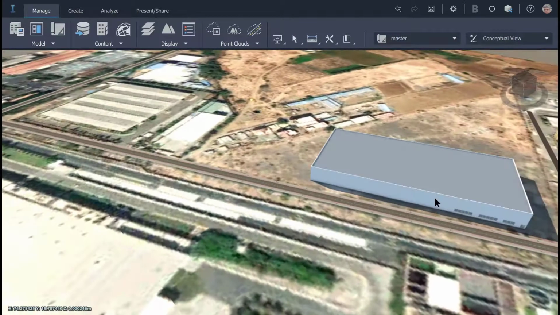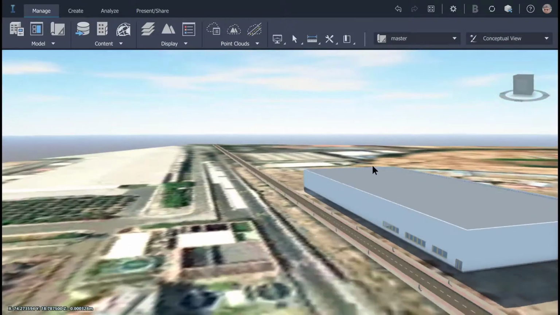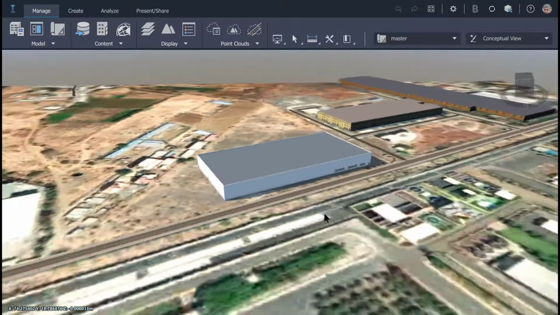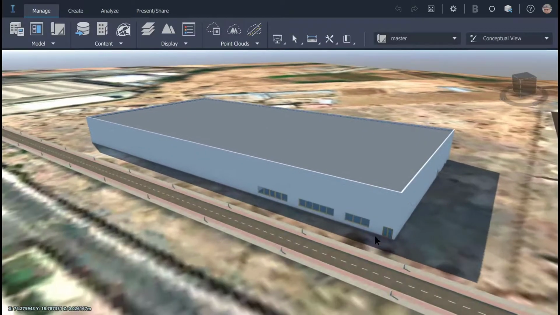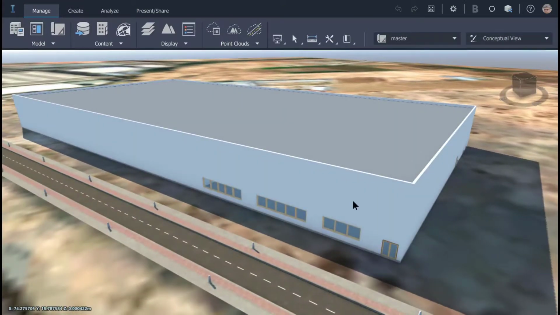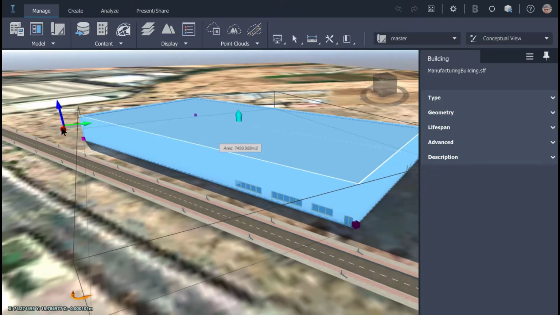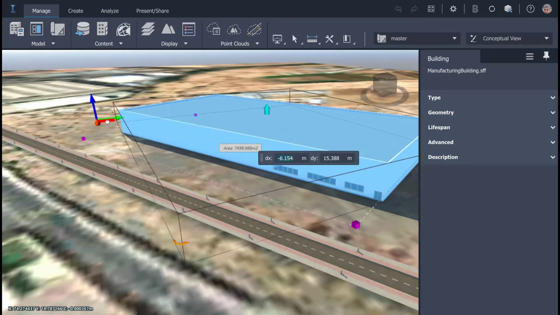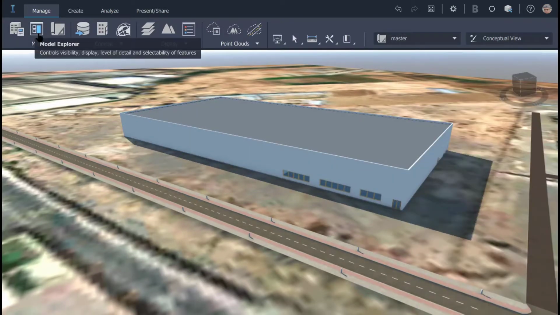As you see, now the building is placed almost at the right location, but perhaps I need to do a few more things in order to accommodate the approach road. And in order to do that, I move it further inside so that I have a little place to design an approach road coming in from the main road.